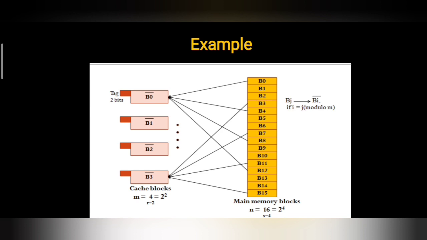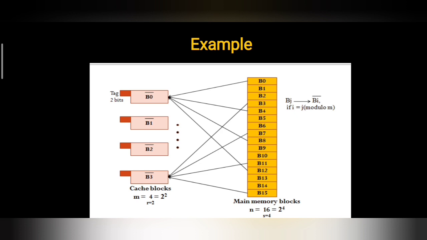Fine. Forget about cache hit. If there is a cache hit, then we need not map any data from main memory to cache memory. But in case there is a cache miss, then definitely the processor is going to read the data from the main memory. After reading the data from the main memory, it is going to map the main memory block into the cache memory using which formula? Using this formula I have given you in the slide.